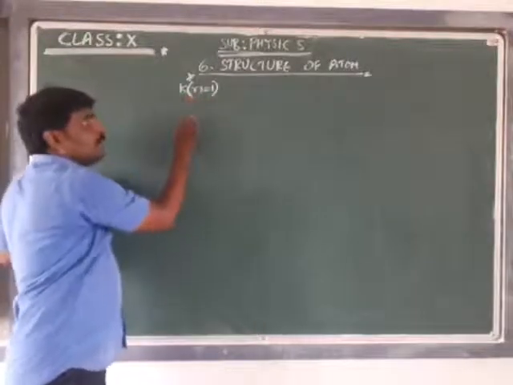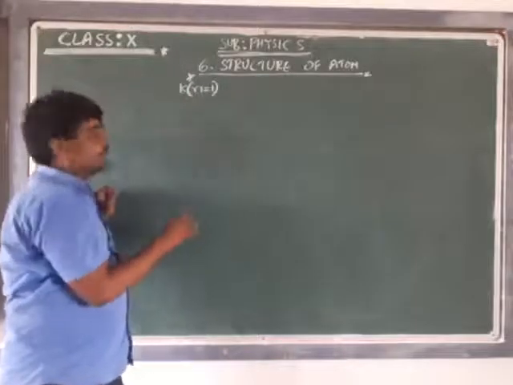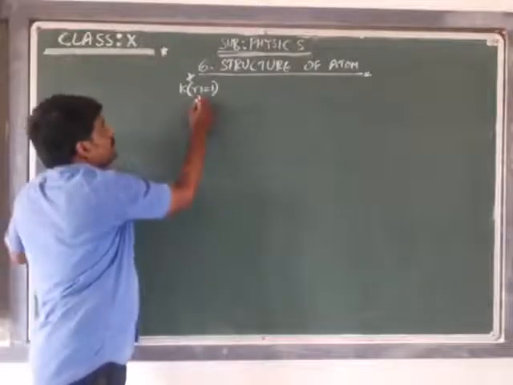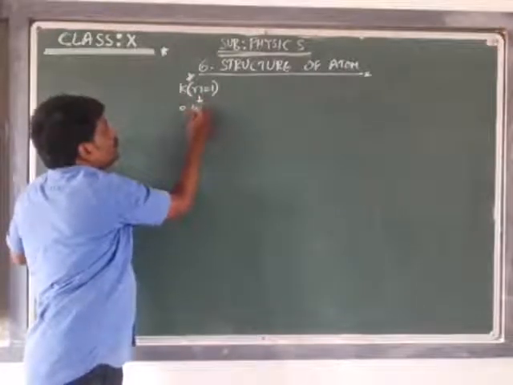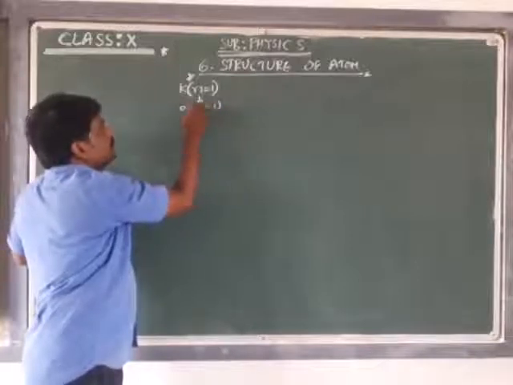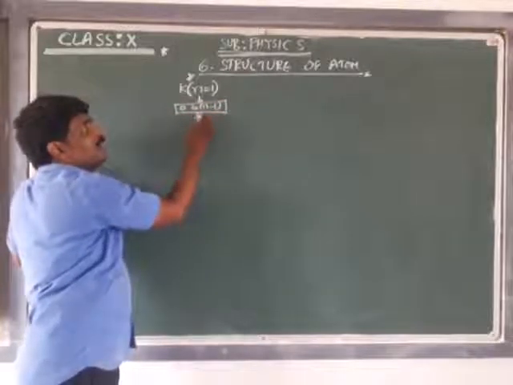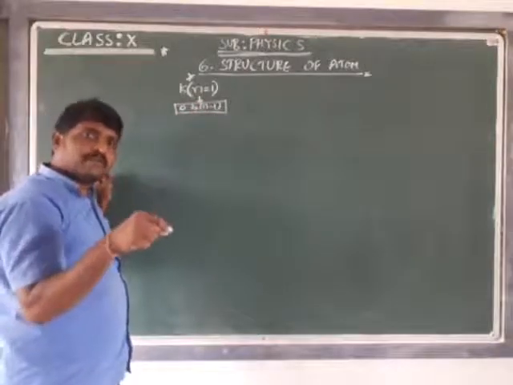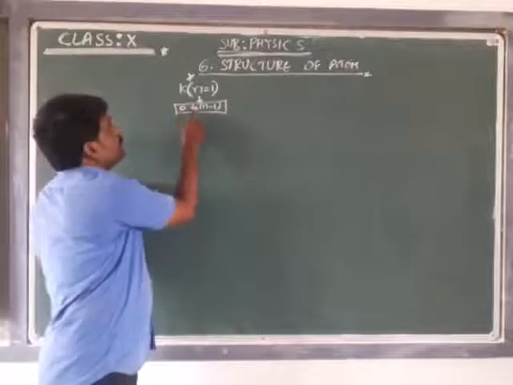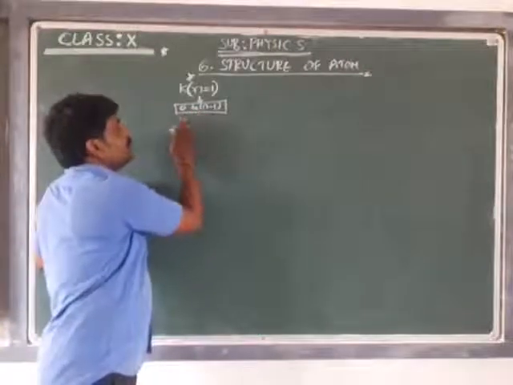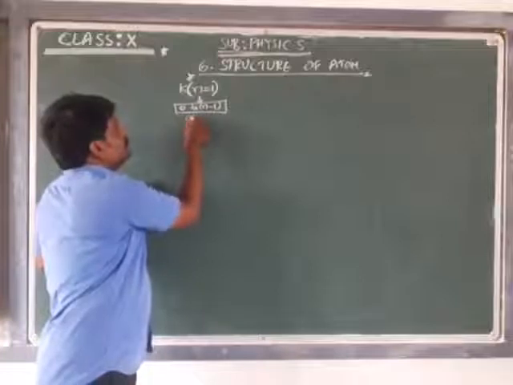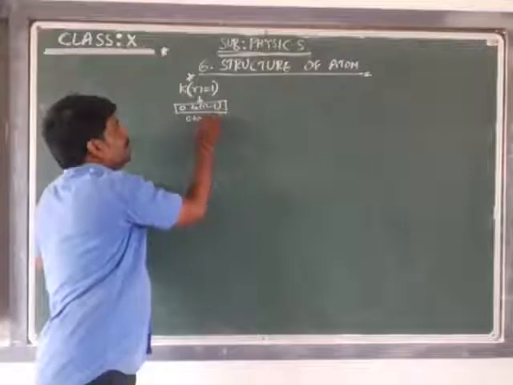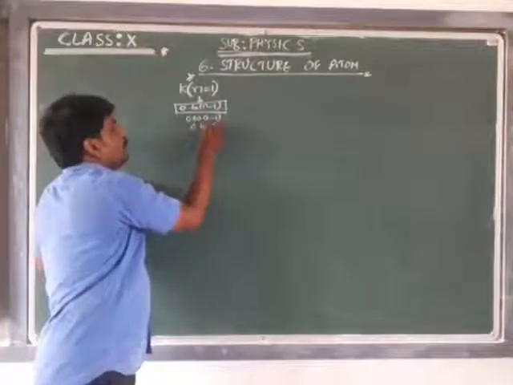Now, how do we get the number of subshells? We have already discussed that we calculate the angular momentum quantum number, which ranges from 0 to n minus 1. This is the formula that you have to keep in mind, the range formula. In order to calculate the number of subshells possessed by a shell, we use 0 to n minus 1, which gives the information about the L value. What is the n value in this case? It is 1. 1 minus 1 is 0, so the range is 0 to 0.